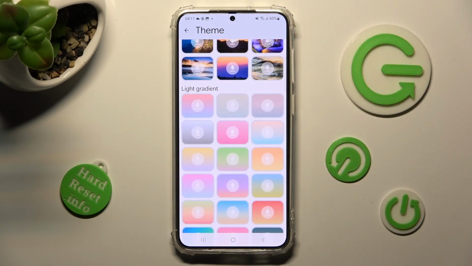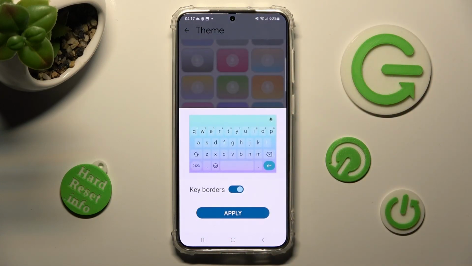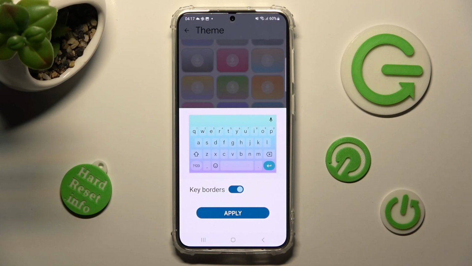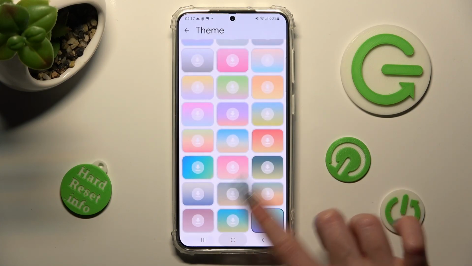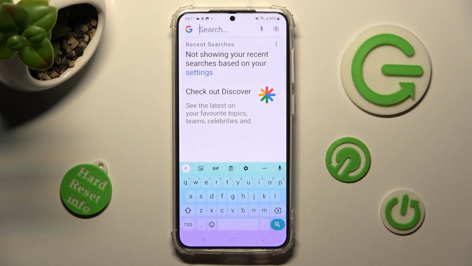Tap on the best one for you. Manage key borders thanks to this little switcher. And when you're ready, click on Apply to save your theme. When I go back this time, as you can see, my theme is colorful,